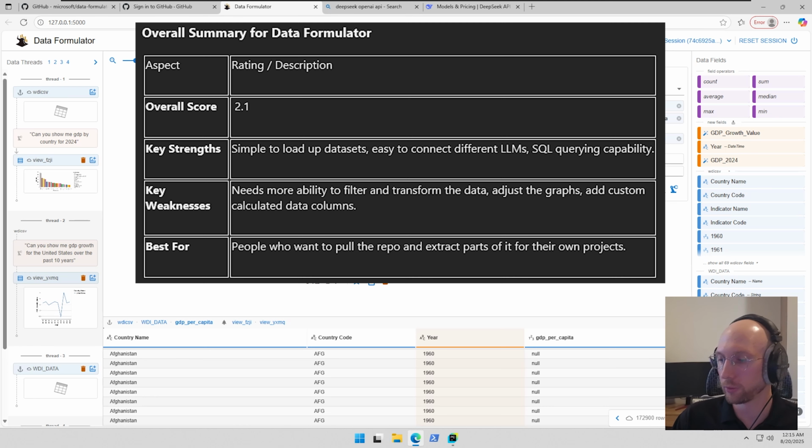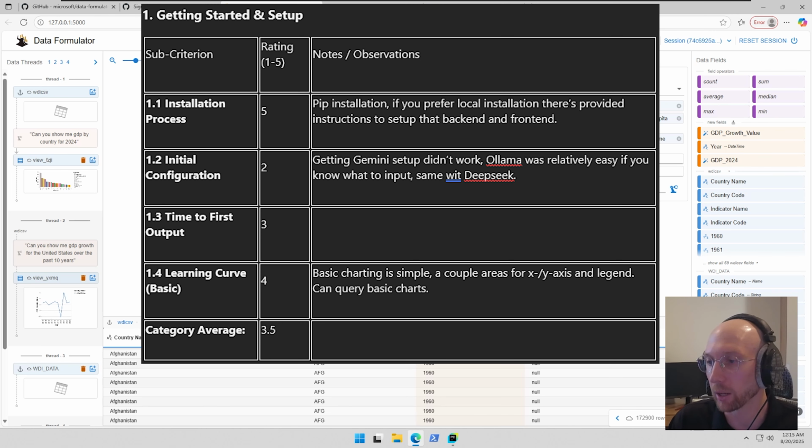Okay, well, final verdict on Microsoft's Data Formulator. Getting the setup and everything running, pretty good. I will give it a final ranking of 4 out of 5. The setup process is pretty easy. The initial configuration can be a little bit complex. The time to first output is pretty quick, but yeah, overall, I would say about a 4 or 5, maybe